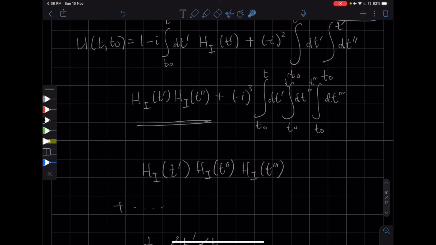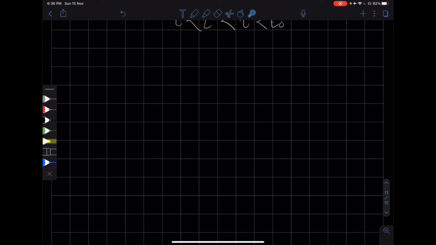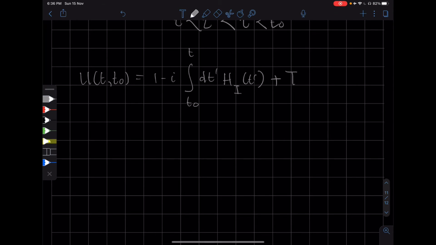In other words, all these terms are automatically time ordered by the way that we have solved the equation iteratively. So we can write our time evolution operator as 1 minus i. Of course, in the first term, there's only one operator, so we don't have to introduce any time ordering here. And the second term, at this point, is redundant because it's already time ordered, but I'm just writing the time ordering operator